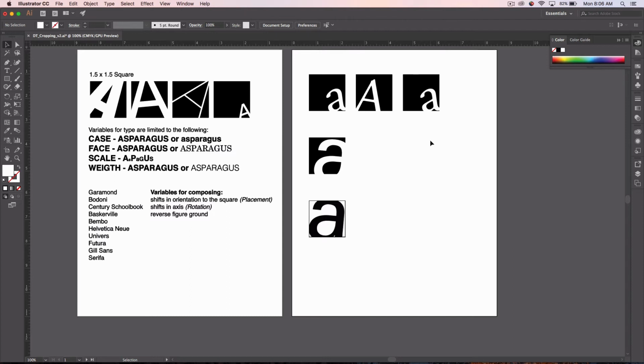So again, in review, what I want you to do is make a whole page of letters for each one that makes up your word. I want you to experiment with different case, so upper and lowercase crops, switching the typefaces, again, from anything from Garamond to Serifa on this list, playing with scale, and also changing the weight of the typeface. The other things you'll do is you'll work with orientation, so where you place this within the square. Also looking at shifting axis and rotation, and then a reverse of figure ground, so going from a black square to a white square and